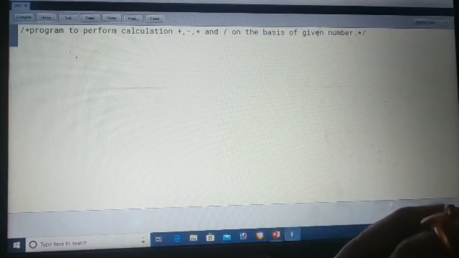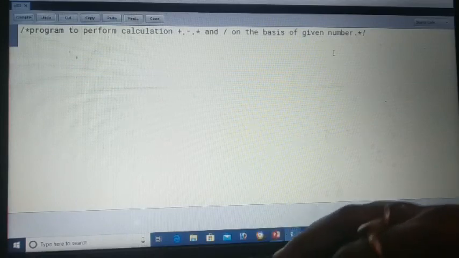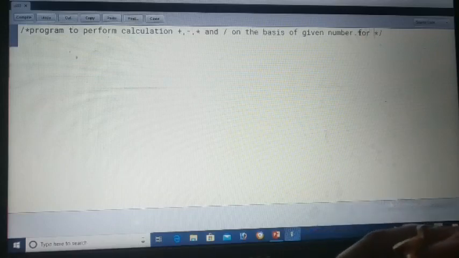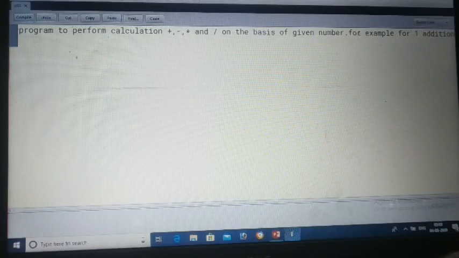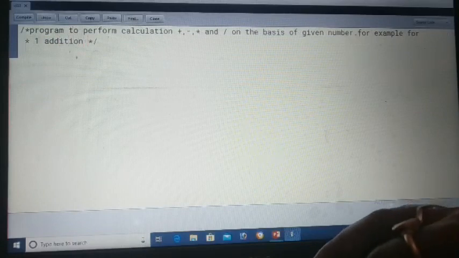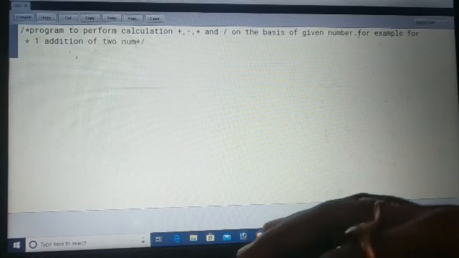For example, for 1, addition of 2 numbers will be done.